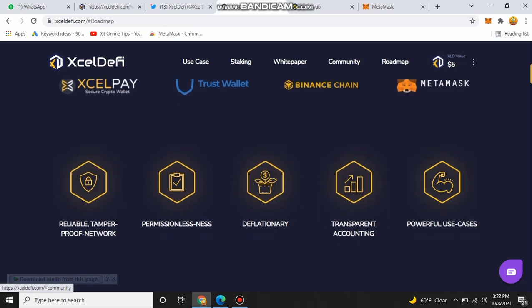This is a reliable and tamper-proof network. These are the features of XLDAFI: reliable, tamper-proof network, permissionlessness, deflationary, transparent accounting and powerful use cases.